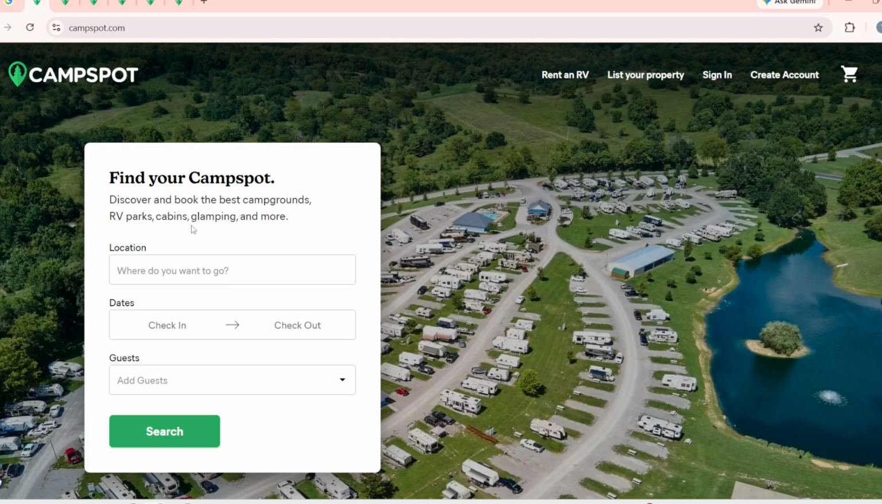Next up, click on the link that leads to the CampSpot website. The main page will load, showcasing various camping options and features available. It's crucial to land on the official site to ensure you are accessing the most up-to-date information and deals. Once the site is fully loaded, you will see a user-friendly interface that makes it easy to find what you